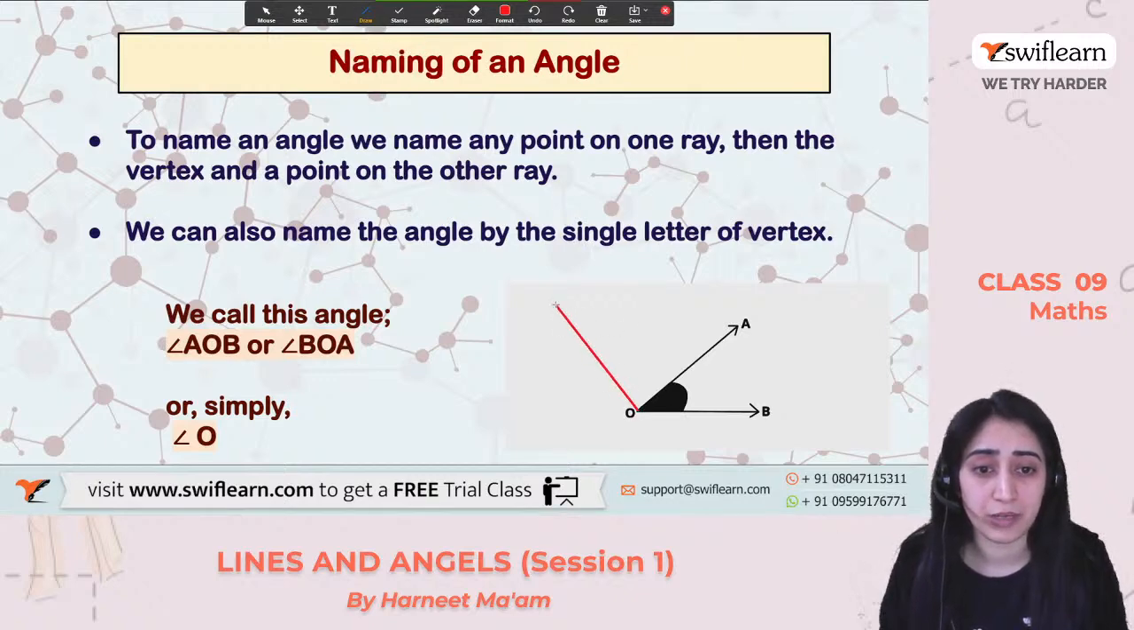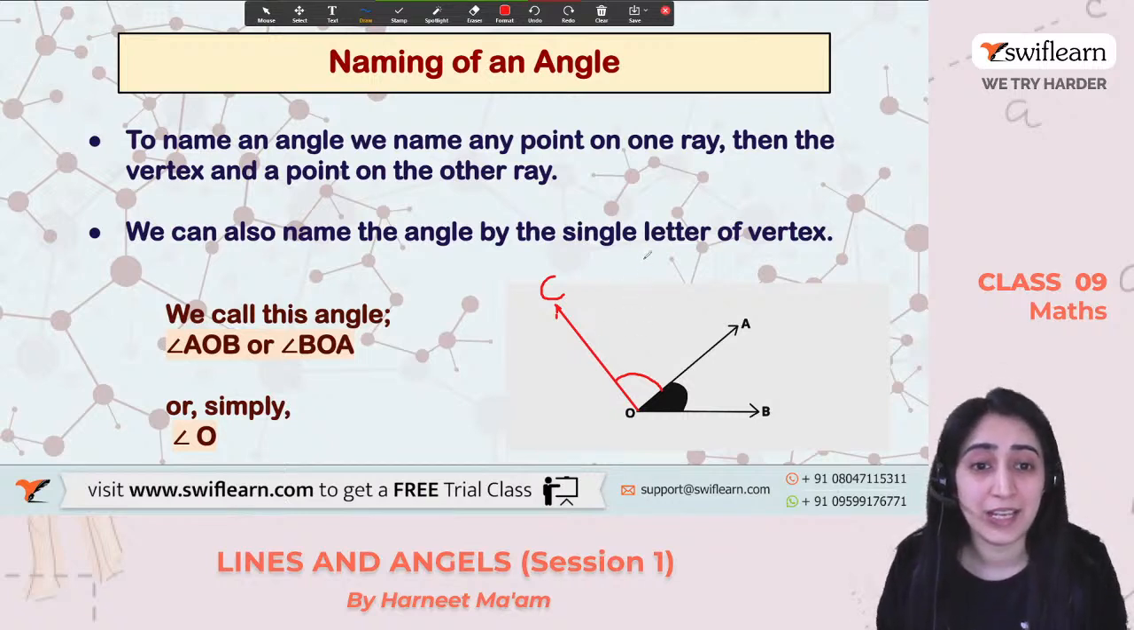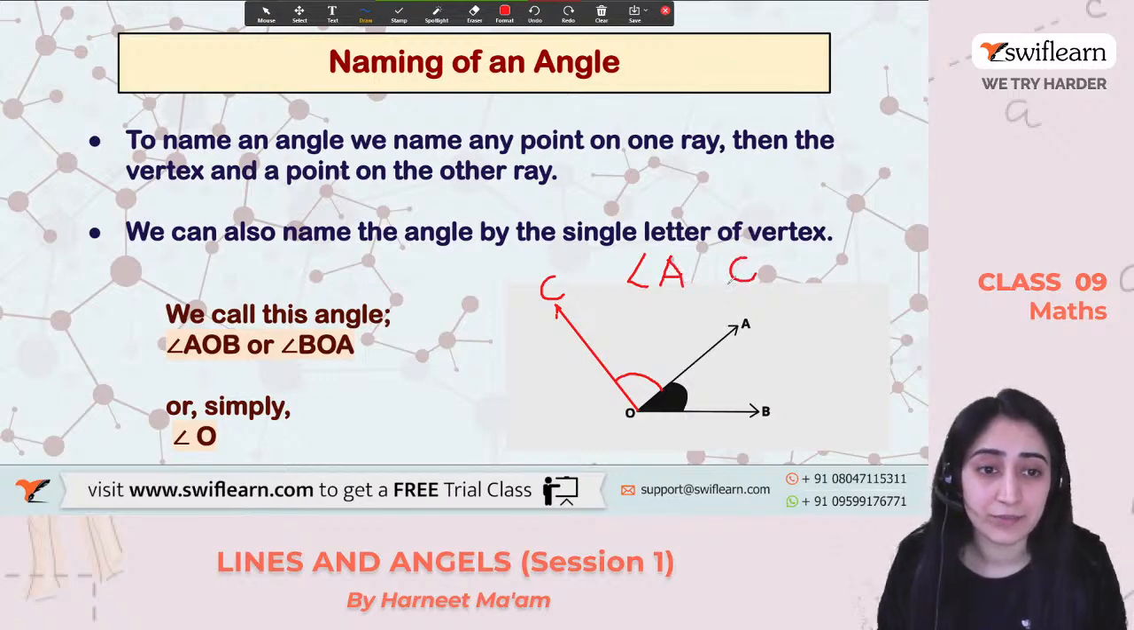See, I'll make one more ray. Let me name this ray as C. Now, if I have to talk about this angle, what will I use? Tell me, what will I give the name? I'll give the name as angle AC. That is the name of the rays, right? And this is the angle at vertex O. So that's why I'm writing O in the center. Same with this, I can say angle